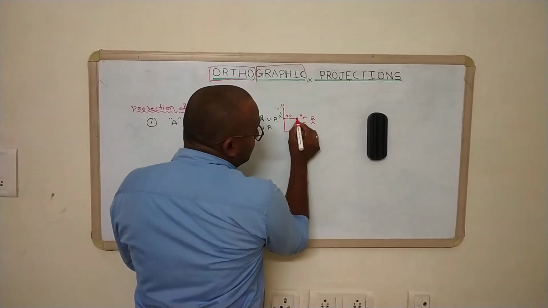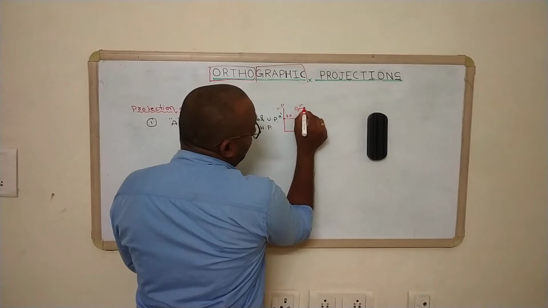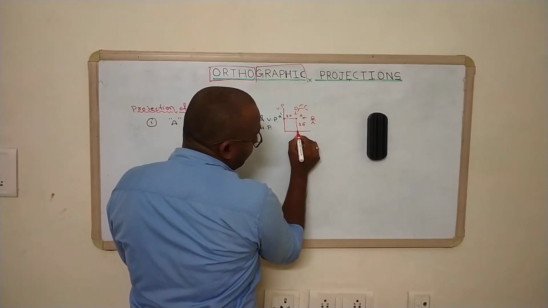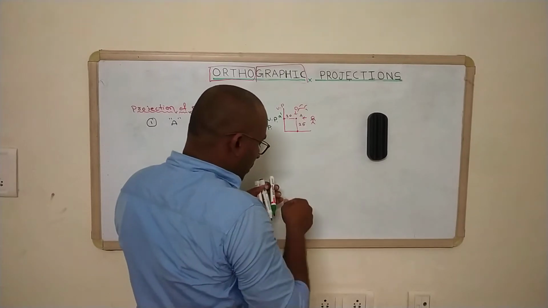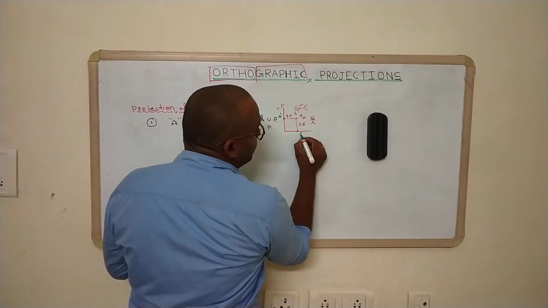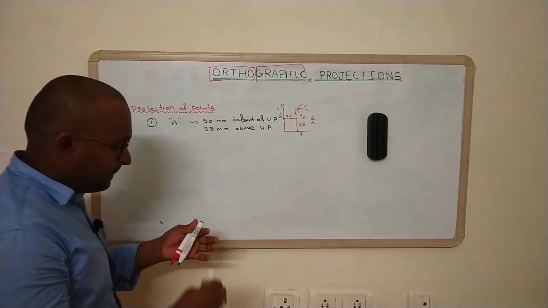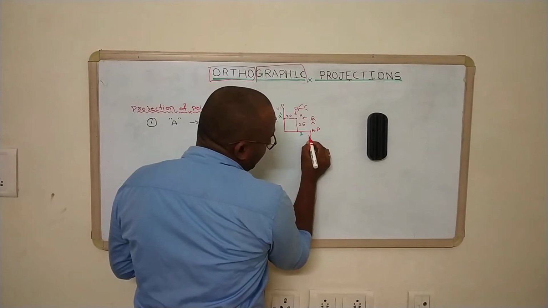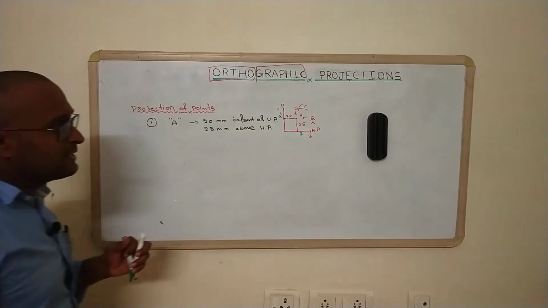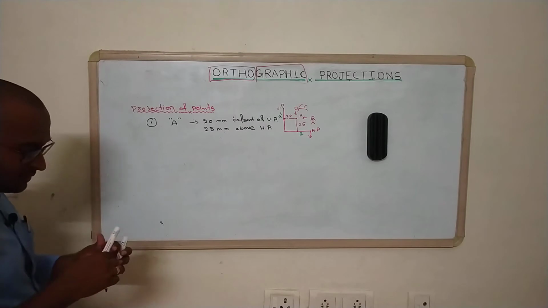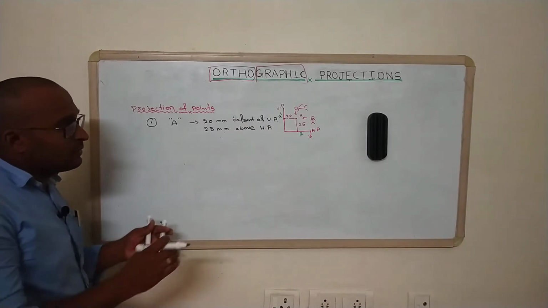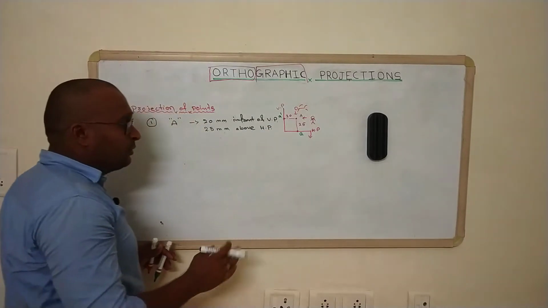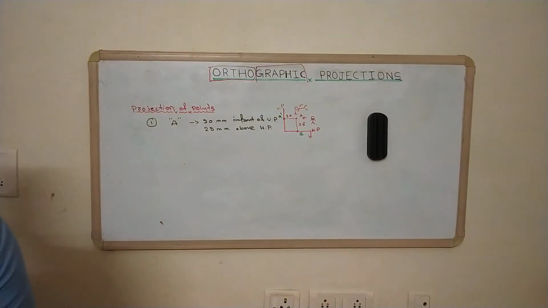And then when we see from the top view, automatically we will get a top view on a horizontal plane. Here it is the horizontal plane. I said that for our convenience we are going to rotate that horizontal plane downwards. So here we need to convert this particular diagram into a two-dimensional diagram.